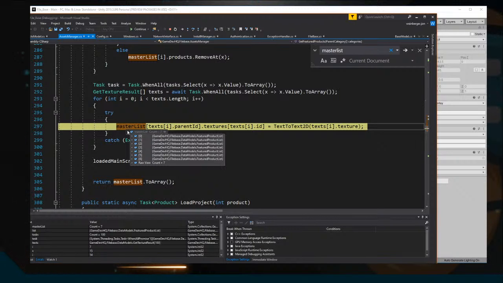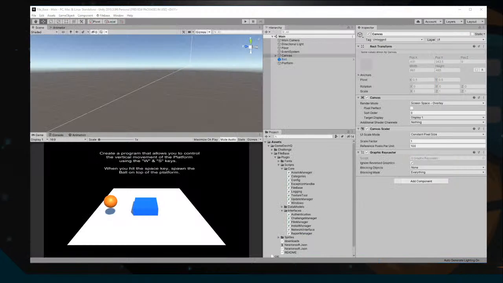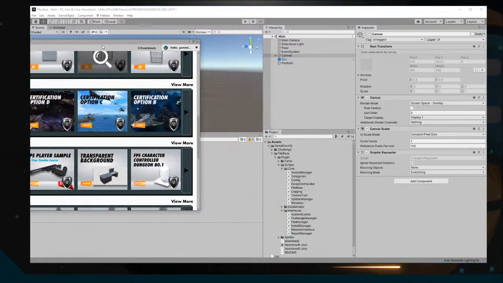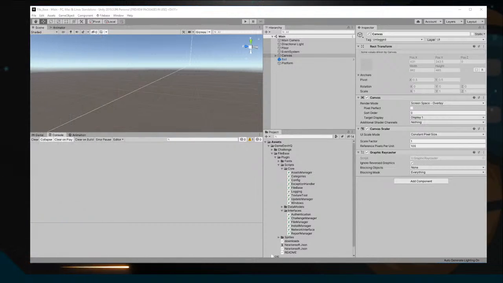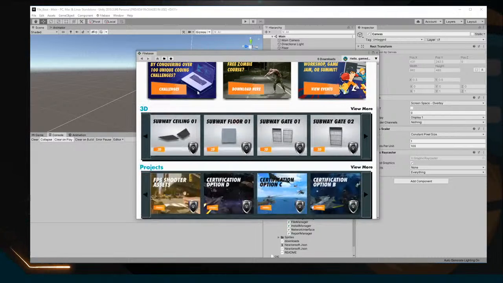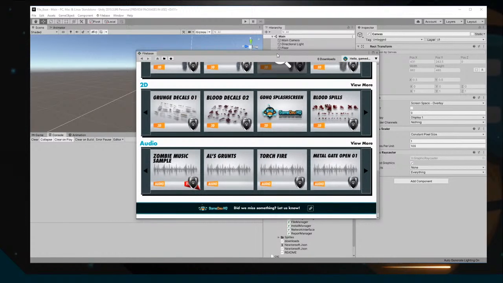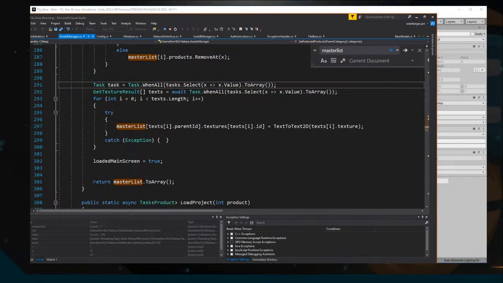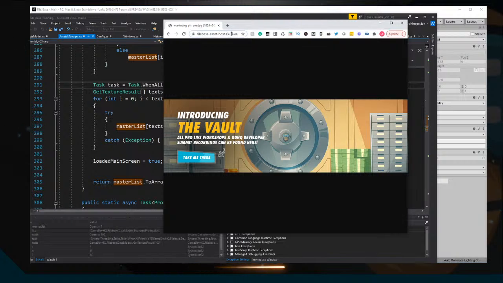And these are for featured products. And everything loads just fine. Damn. I really need to figure out how to throttle the net in order to see what the hell's going on with this thing. Because for me, these textures are never null. But for some people, or occasionally for me, they are null. But we're not catching them. So let's go ahead here. We gotta figure out how do I